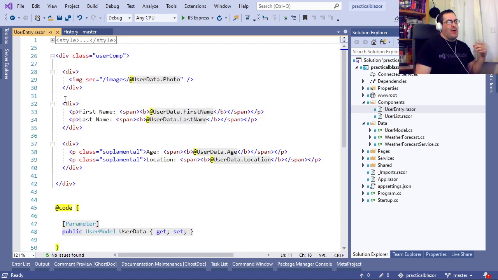The jury's still out on which method people in general prefer. I actually like putting my styles that are specific to a component in the component, but I know that some people don't. Some people like to have the style file globally in the system, and you can put these components into a separate DLL and provide that DLL to your user with the style files and the JavaScript files. But that's a topic for another discussion, because after the last major release of Blazor, Microsoft changed a few things around, and instead of things like CSS and JavaScript being loaded automatically from a DLL, they've made it so that you put the burden onto your user,